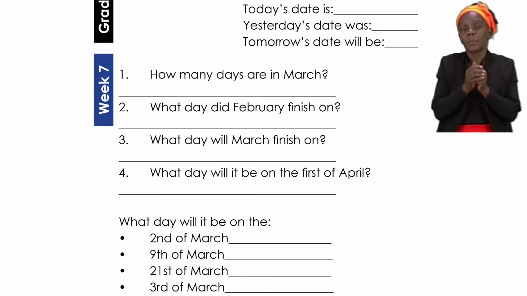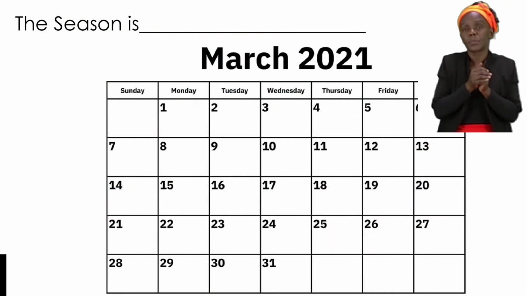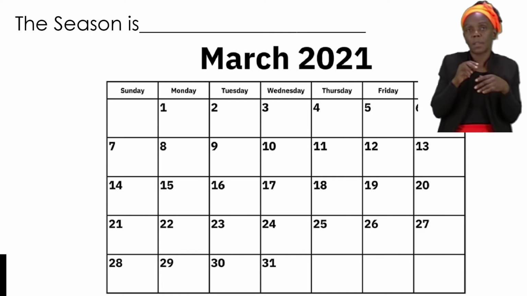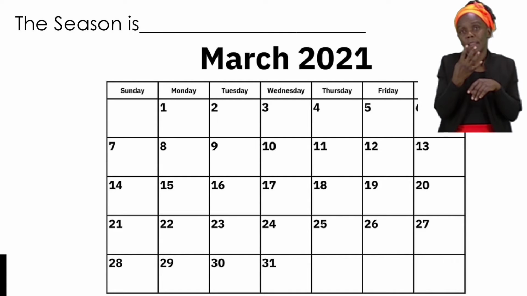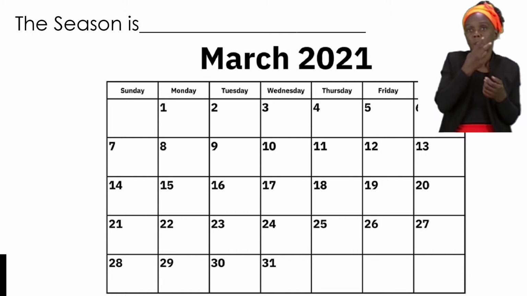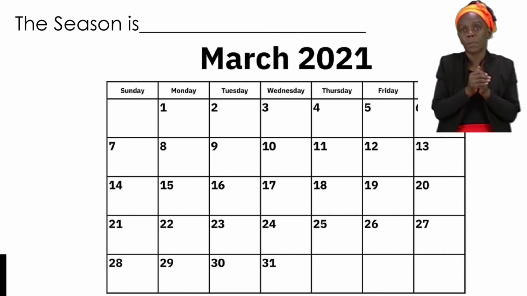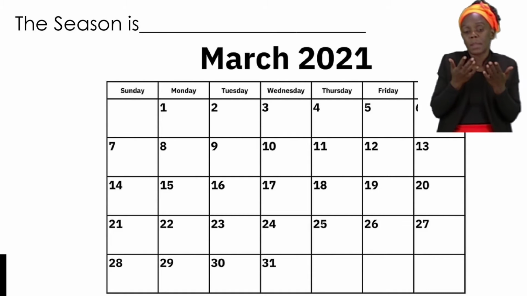So let us try and use an example from the calendar. Now the calendar has many dates, but we are going to make one together. Remember, we said the day, so we're going to start maybe with Thursday. And as you can see, Thursday can either be Thursday the 4th, or the 11th, or the 18th, or the 25th. We are going to say that it is Thursday the 11th.